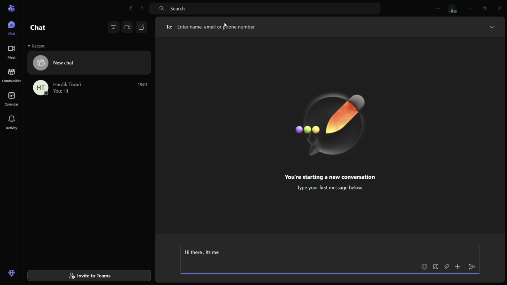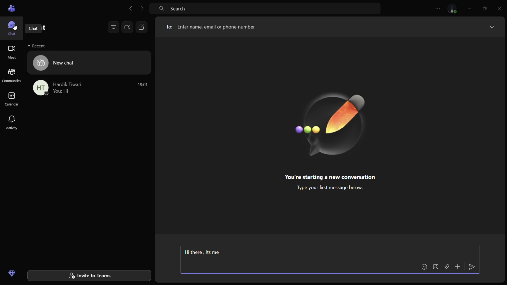In this tutorial, I'll be guiding you through the exact steps on how you can create a community in Microsoft Teams. So the first step is obviously to launch your Teams application. Currently, I'm demonstrating this using my Windows laptop. So now, once you are inside the home page of your Microsoft Teams, you will see an interface like this,